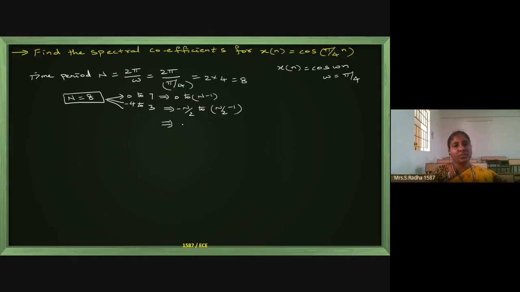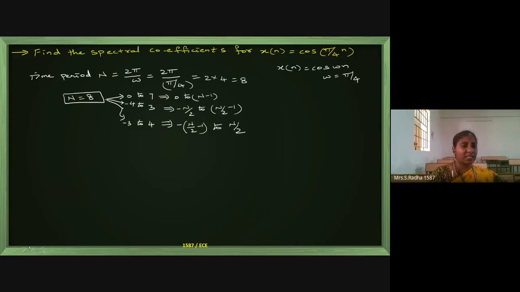There is another option. You can take the negative side minus N by 2 minus 1, and the positive side N by 2. Totally N components will come in all these three different ways. The third way is minus N by 2 minus 1, which means minus 3, to plus N by 2, which means 4. If you count minus 3, minus 2, minus 1, 0, plus 1, 2, 3, 4, 8 components are present. And here also, minus 4 to plus 3: minus 4, minus 3, minus 2, minus 1, 0, 1, 2, 3, 8 components are there. And 0 to 7 also means 8 components. You can use any of these combinations in the summation limits based on the requirement.